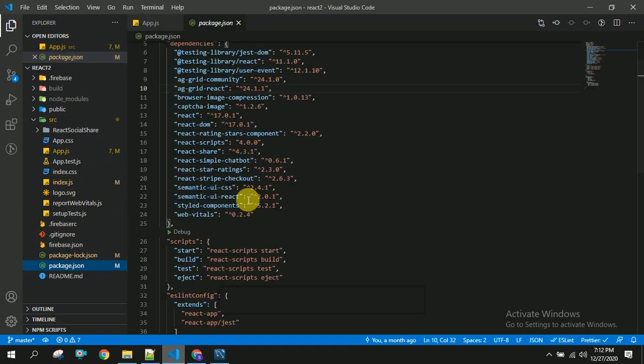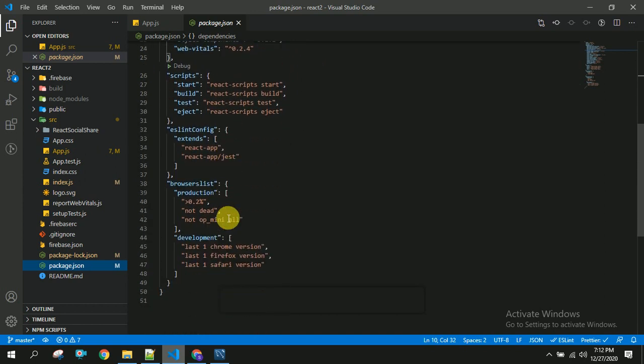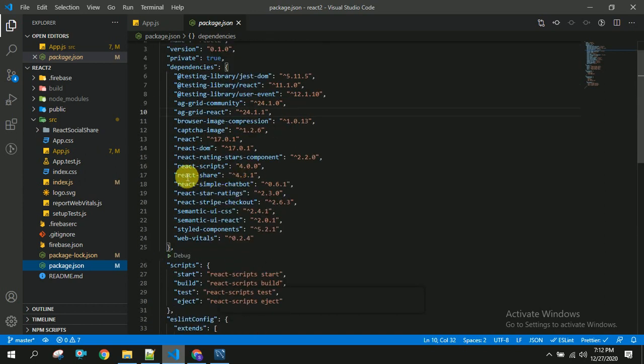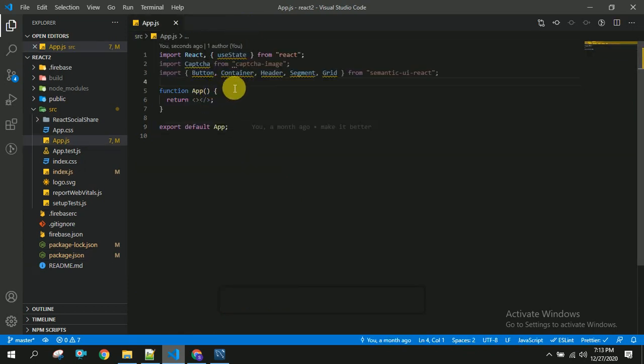Once you open package.json, you will have all the dependencies you are using in this project, and in this you have to search for react-share. When I am recording this video it is 4.3.1, so it may vary when you are integrating this in your application. The next thing we are going to do is write the code for this. First I am going to import the Facebook share button.